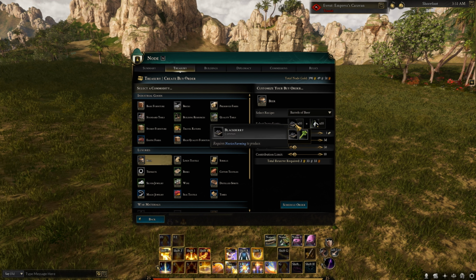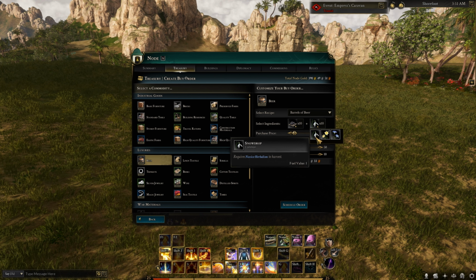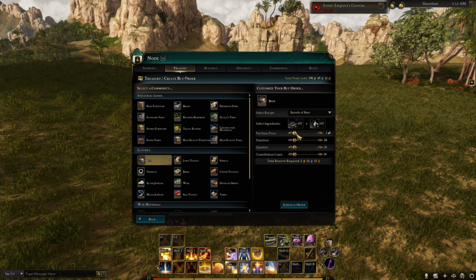So for beer, what options do we have? We have blackberry, which is novice farming, and celery. And then the second option would be snowdrop, daffodil, or flax. So you choose your buy orders, and if you remember, you needed 225, but it's just better to max it out because it's only 3 gold 66, and if you put it on, let's say 400, 3 days,